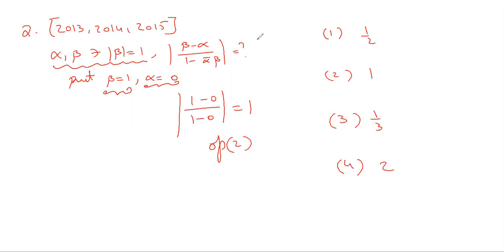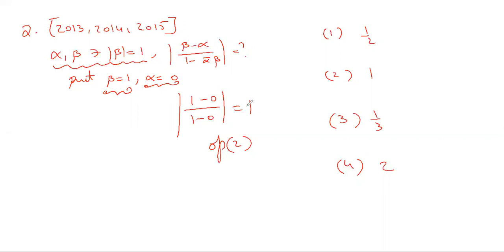Why? Suppose in the given expression we have alpha in the denominator. If you take the denominator 0, then that won't be defined. In those cases, we won't take the denominator equal to 0; we take some other number. So when we substitute alpha equal to 0, we are not getting any denominator 0 or anything. That's why we can take it like that. So when you take beta equal to 1 and alpha equal to 0, you get this expression value as 1.